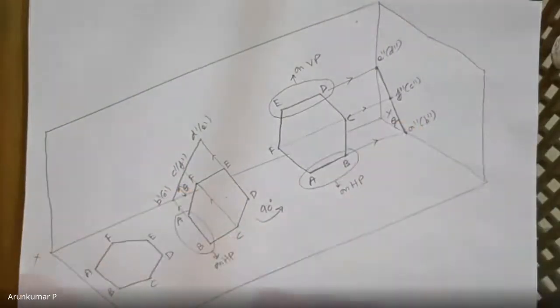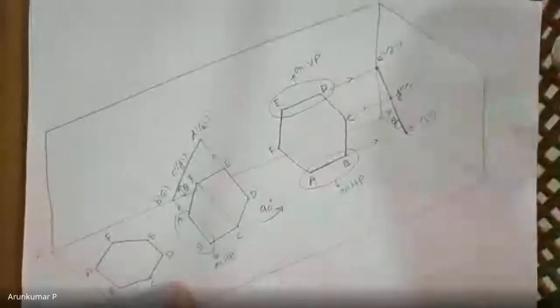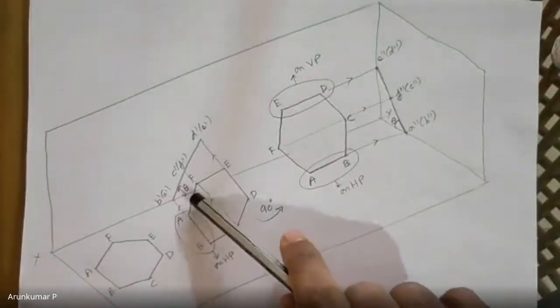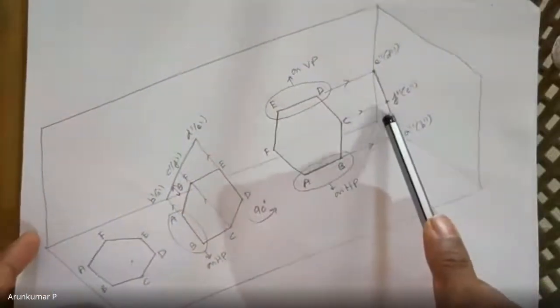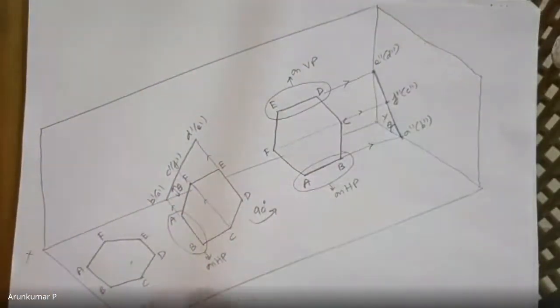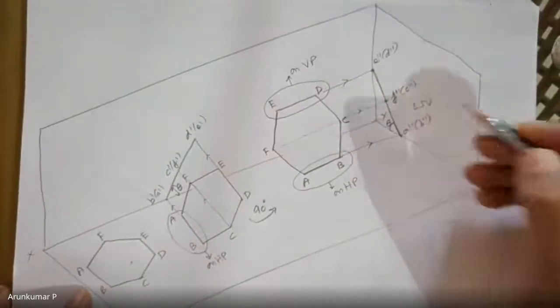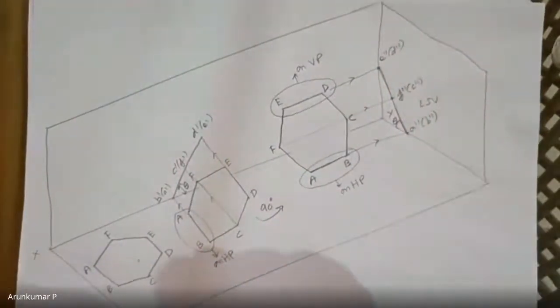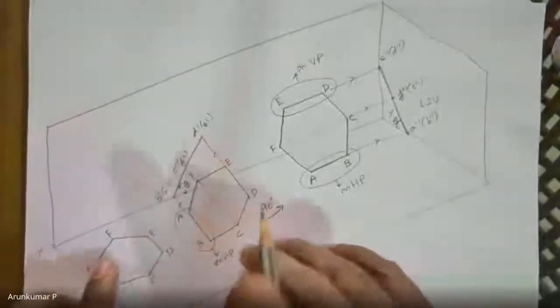If you want, you can check it out by drawing it to the actual scale. In the problem it is 60 degrees. So if this is 60 degrees, this also has to be 60 degrees. So that is your left side view. This is how the problem looks like in 3D. Now we need to solve it in 2D. So we'll do that.